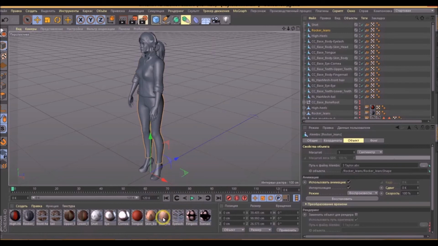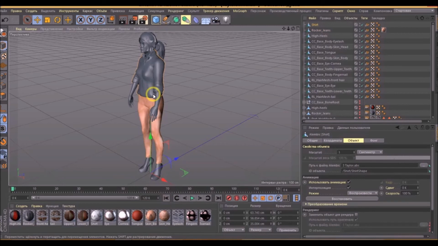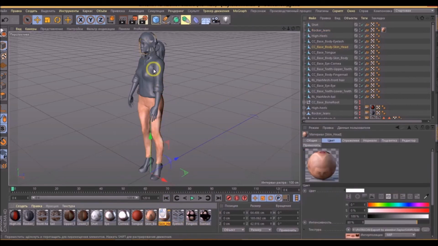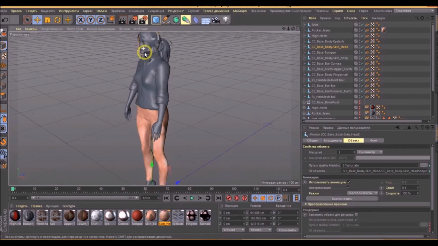Don't forget, in the project tab, which is located under the timeline at the bottom right and looks like a gear, turn on baking animation. The radio button soft close is not activated. After that, it's desirable to enable the playback of the entire selected scene in by frame mode.